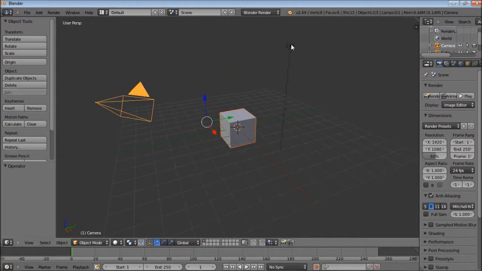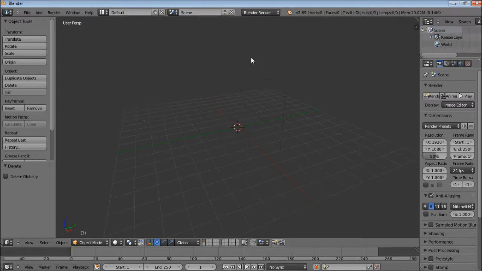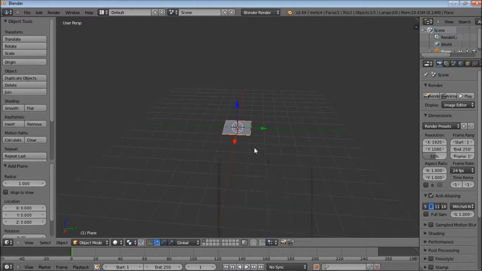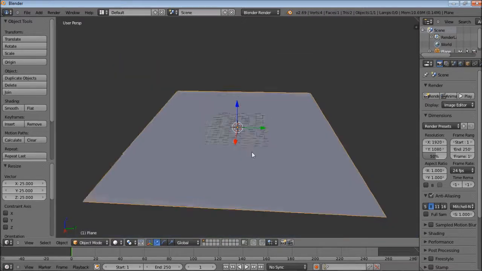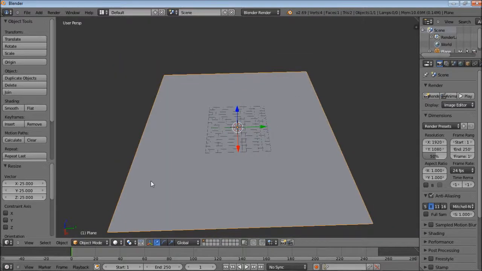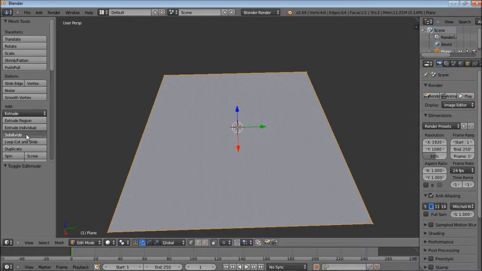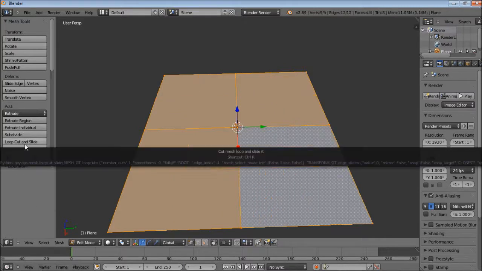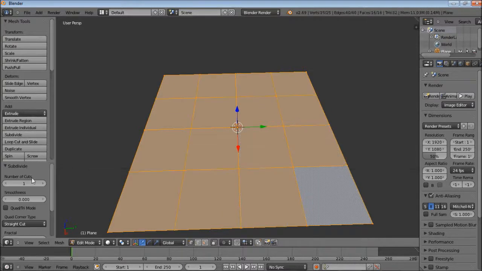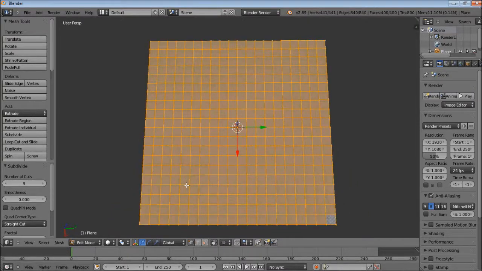It's just basically delete everything, add a plane, and then scale it up to 25, like that. Go into edit mode, subdivide it 9 times. Okay, that did not do it. Maybe... whoops. 9 times. That's fine. Put it into face mode, like that, and then, you know, just